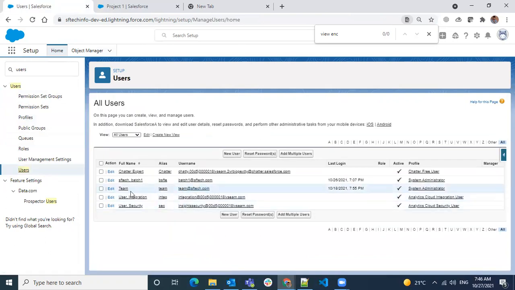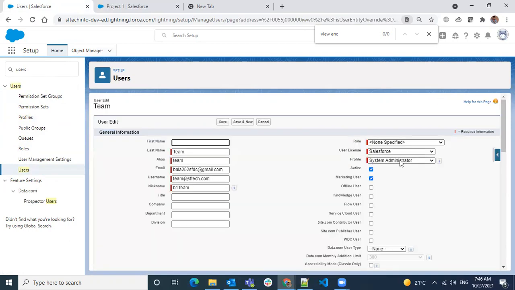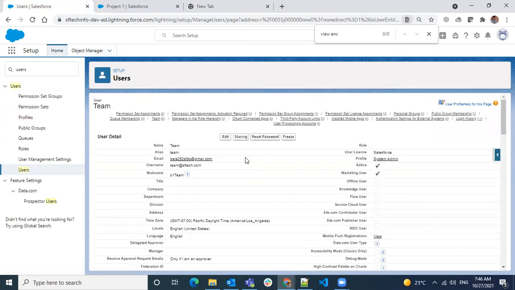So we have another user in the team. Let's try if we can save or change the profile of this user.